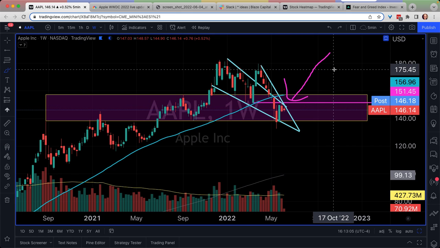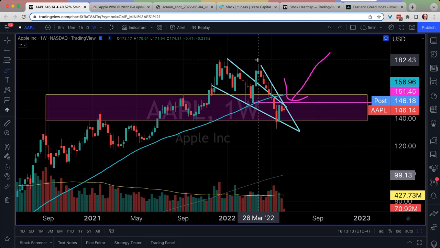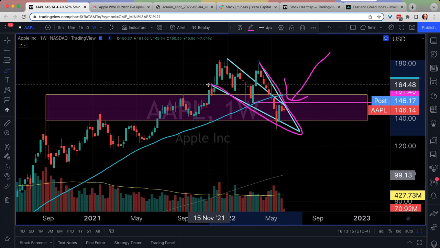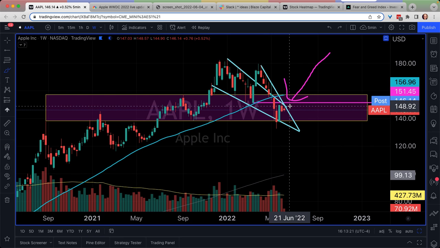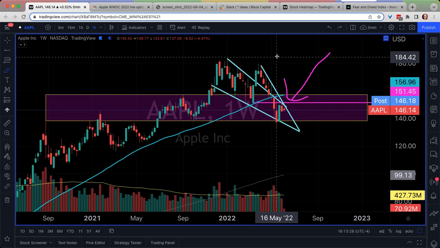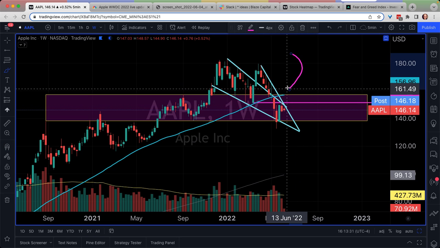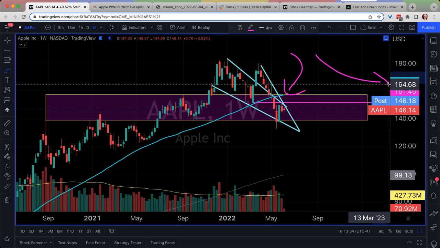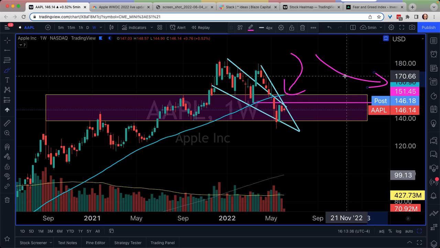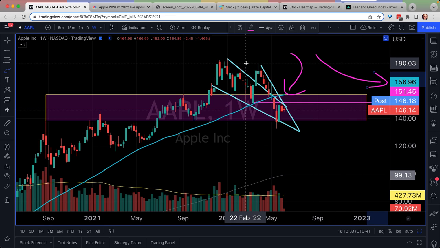As long as we remain below 150, I believe that Apple is currently in a correction mode. That does not mean it's going to go lower. It does not mean it's going to go higher, but the trend right now is a falling wedge. And it has not yet broken out like QQQ and like SPY. So what I would really like to see is some leadership from Apple. I want to see it bust this 150 area and reclaim its 50 weekly moving average. And again, as a reminder, the blue line right here is going to correspond with the blue numbers. So if you're wondering what that number is, it's 156.96. We got to close above 157 to close above the 50 weekly moving average.